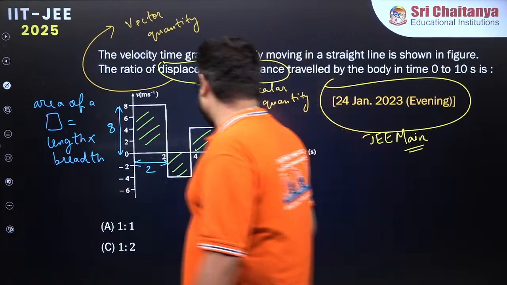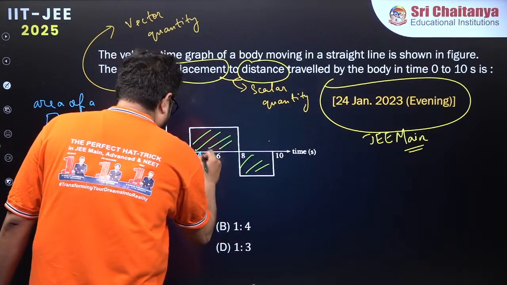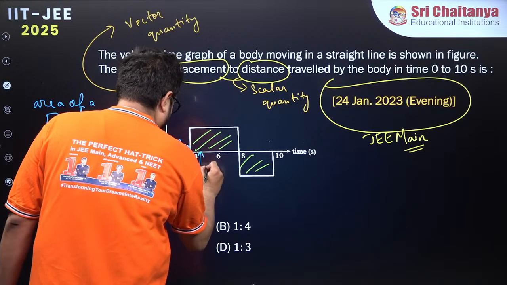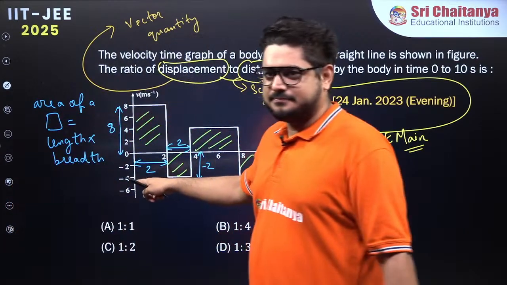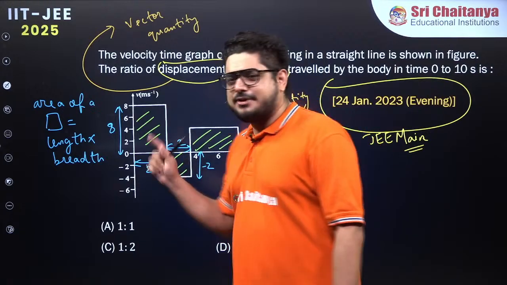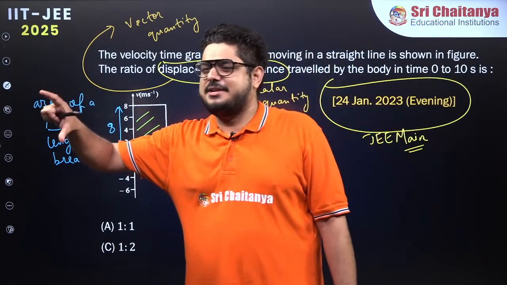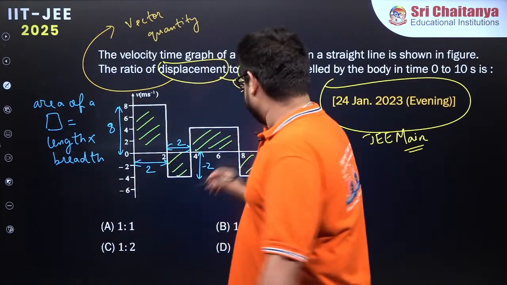For this, what is the length? 4 minus 2, 2. What is the breadth? Should be minus 2. Minus 2, right? According to the distance formula, it should be 2 units. But the displacement is actually minus 2 meters. Okay? This one,